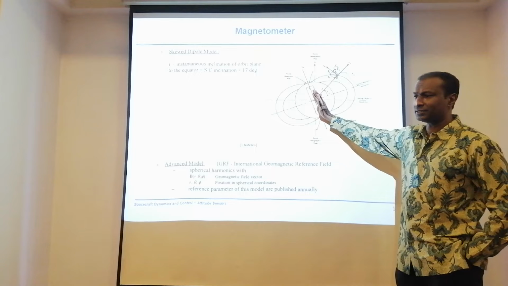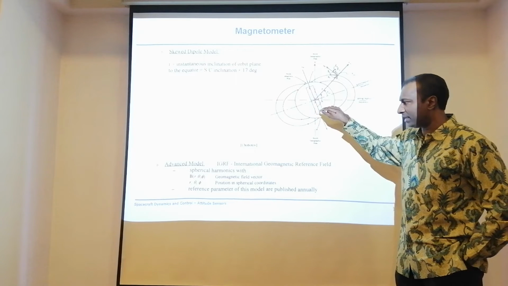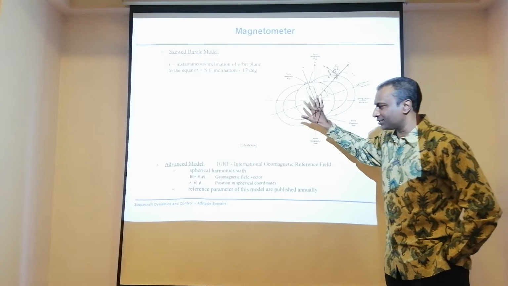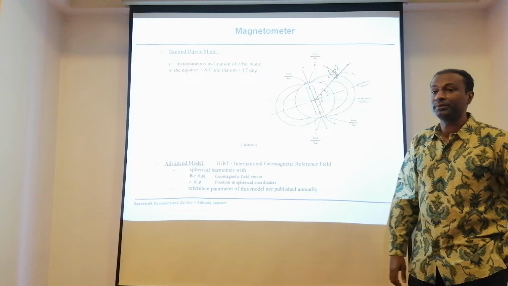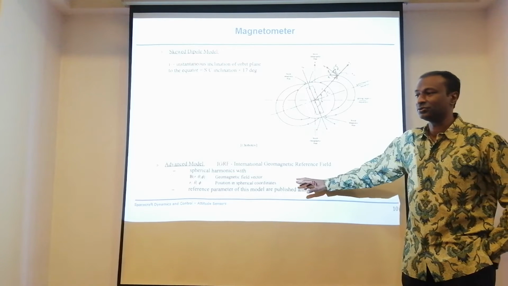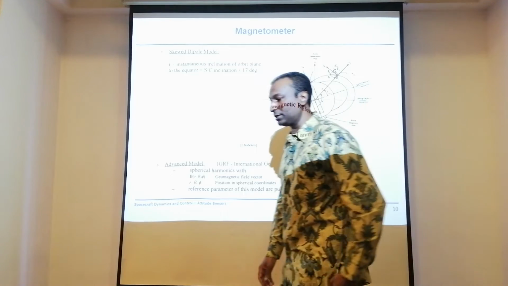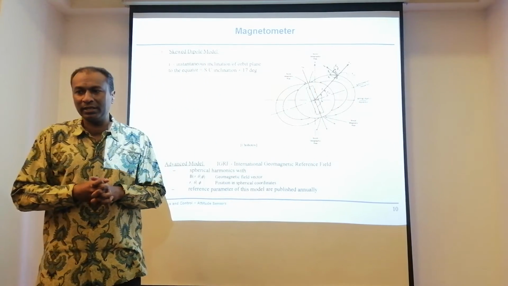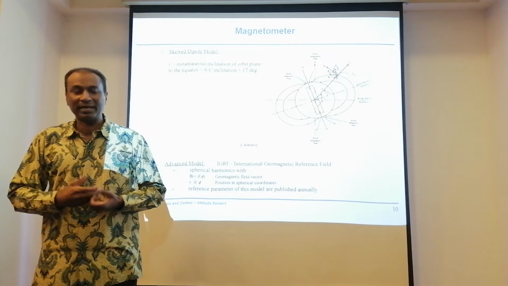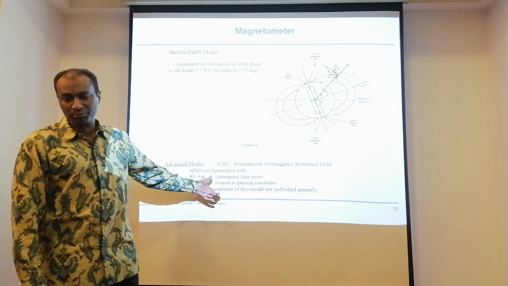Planet Earth is tilted, so the whole magnetic field is also tilted. We can have this model, which is not very common, but the advanced IGRF model is what is commonly used for estimation. It's very rigorous in terms of estimation and calculation. If you want to do navigation, it has to be the IGRF model for us to estimate the actual attitude. I think I've also introduced these two options to you.